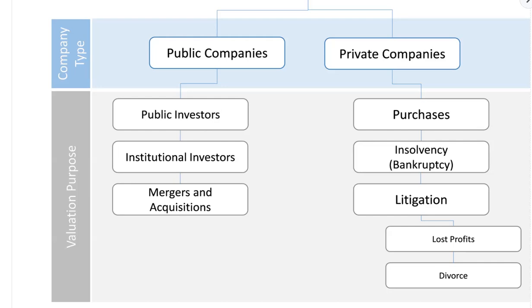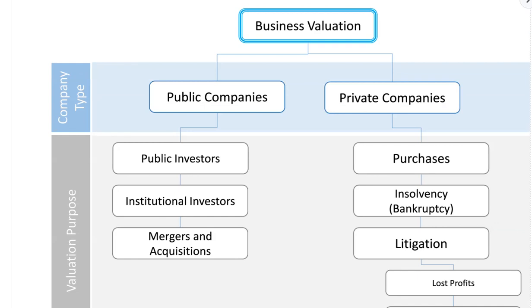A divorce would be if there is a business, like a family business or a business that is related to a marriage in some way that has to be divided. Then you'd see CPAs or attorneys come in and value a business and then divide that up and either assign some portion of the value that's related to the business to each spouse and then be finished with it. So those are some of the examples. Again, public and private, they're two different types. We're mostly going to be covering valuation of private companies.